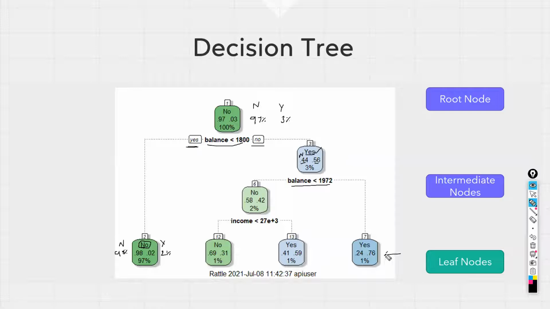These are called the leaf nodes or the decision nodes. Why? We take the decision based on this. If a new observation comes in, we will check how this new observation is going to follow and which leaf node it will end up in. And based on the majority of the observations in that leaf node, we will decide what is going to be the target, what is going to be the label for that. Okay, makes sense?